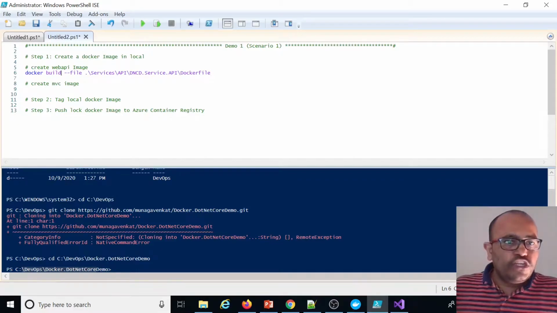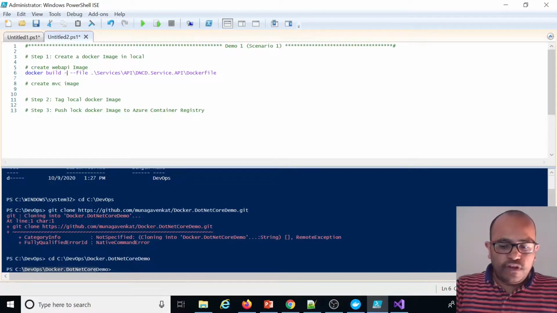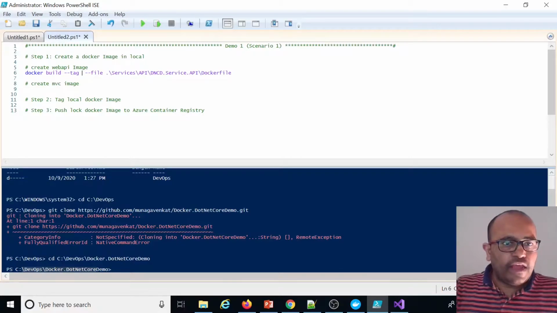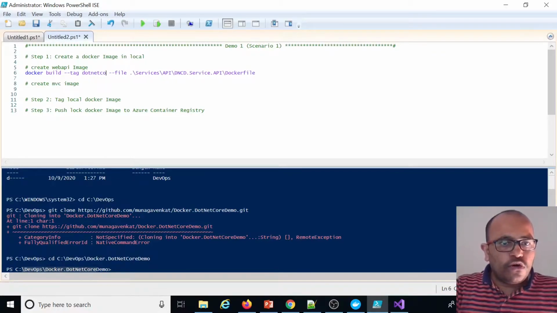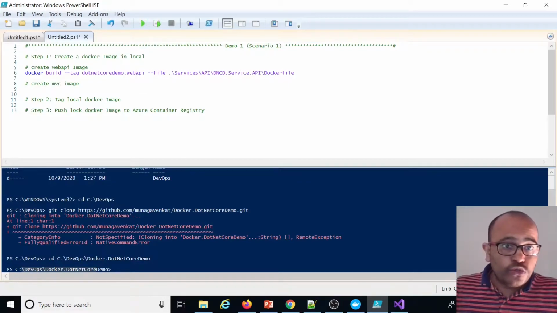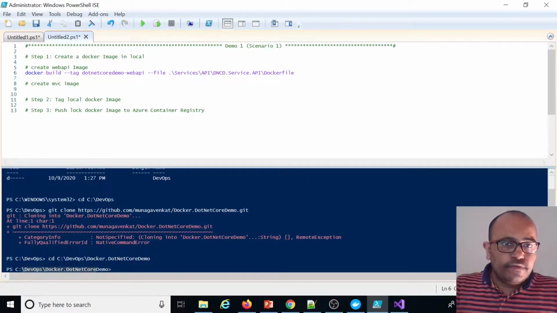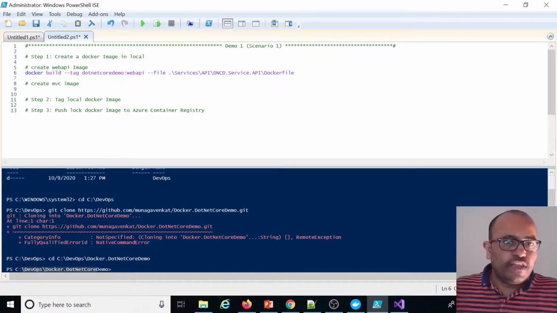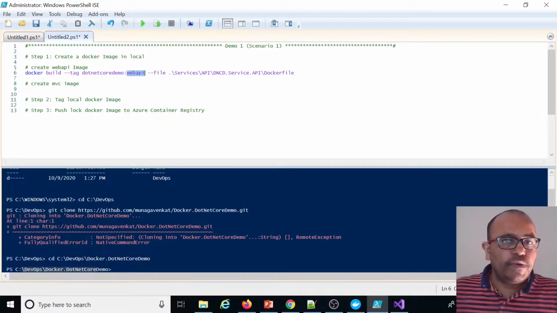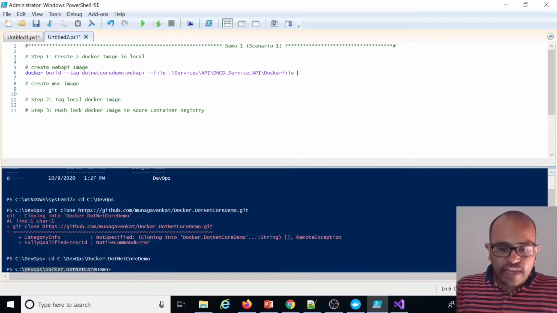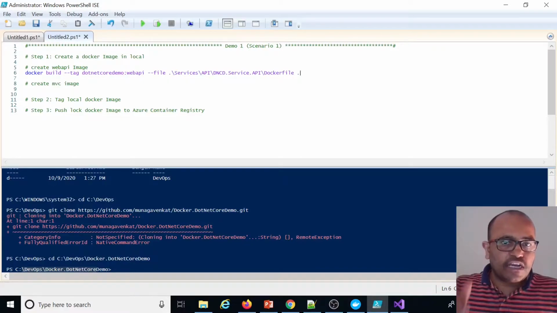After this, we need to give the name for the image. For this, --tag, and I can give something like dotnet core demo web API, but it's up to you. I'm giving it this way because this is the project name and this is the web API related one. And the last one is the dot. Dot means the current context, where it is currently executing. So I am executing this single line.